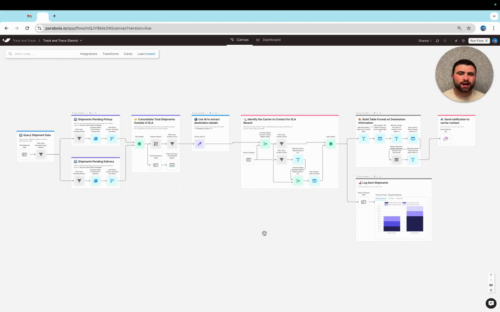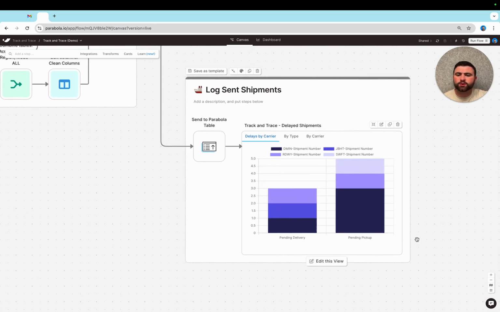In this example track and trace workflow, we'll look at how teams like Uber Freight and Flexport are taking what was previously a really manual, repetitive track and trace program and turning it into an automated, centralized, and standardized workflow in Parabola, where we can output something that maybe looks like this, where we can get visibility into SLA breaches